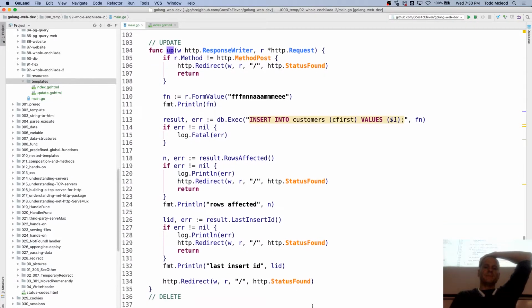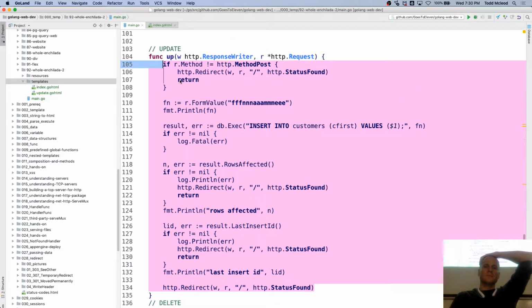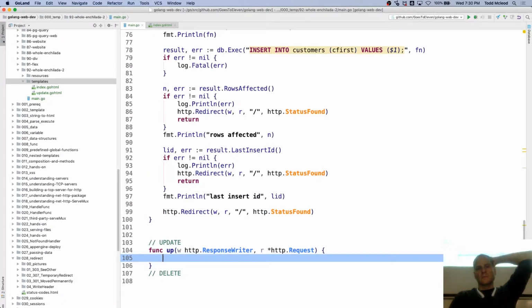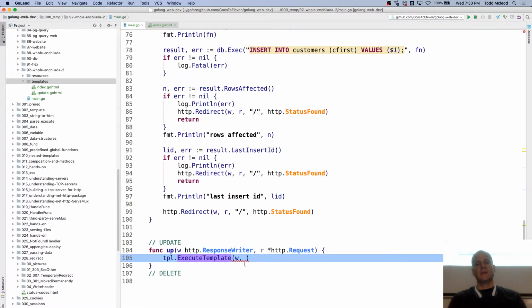Update. We want tpl.ExecuteTemplate w, string and data. So w, and the string is update.go.html, and the data is